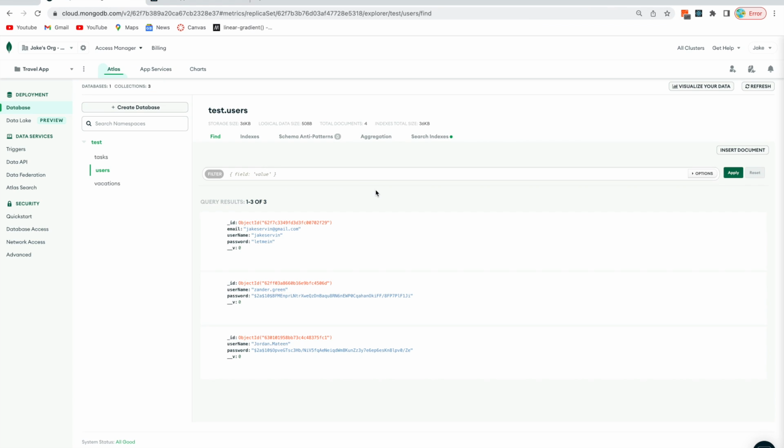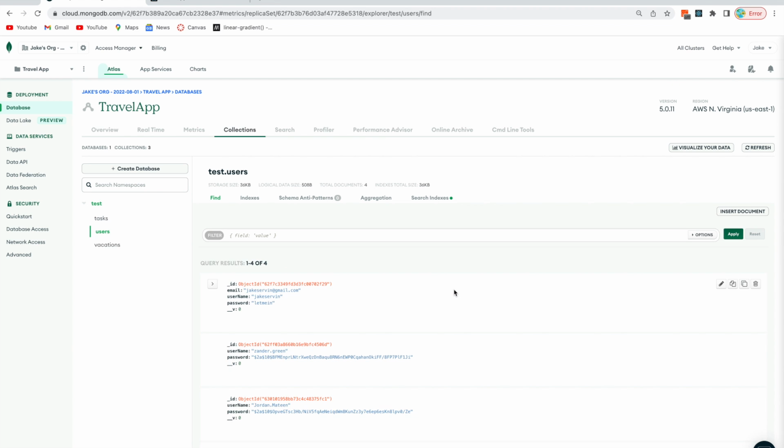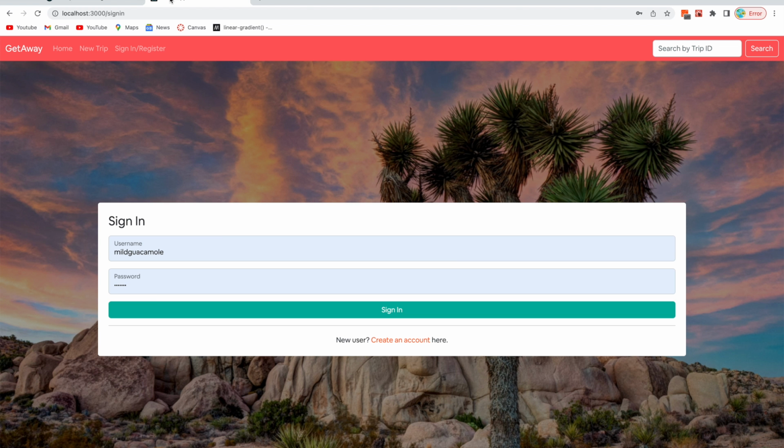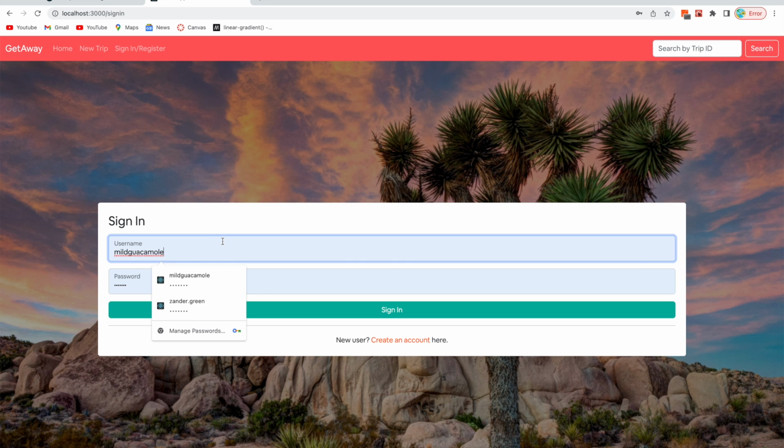So if we go to our MongoDB database in the users table and we refresh the page, you should see the new user has been added with a hash password so we can protect our users' data. And then if we try to sign in with those credentials,